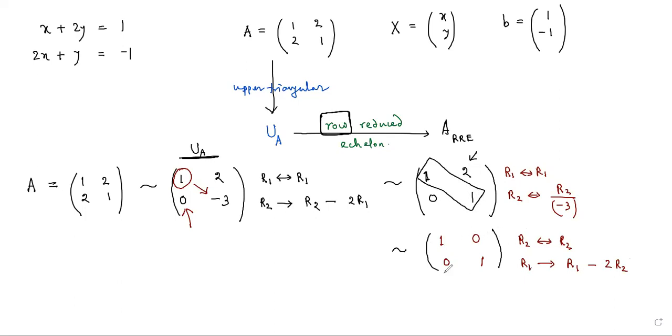So ultimately what matrix have we got? We have got an identity matrix. So you may ask me whether this identity matrix is a row reduced echelon matrix or not. Identity matrix is always a row reduced echelon matrix, but other than this, other forms of row reduced echelon matrices are there. I shall discuss row reduced echelon matrix later on, but let me discuss the solution of the problem first of all.